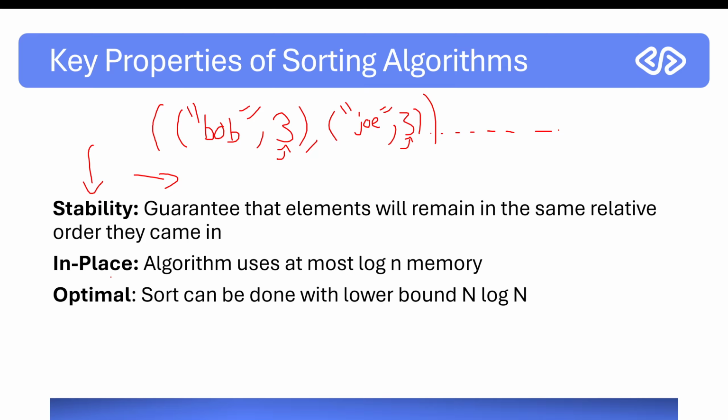And in place is a statement about how much memory it uses. In my course, we defined it with a fairly standard definition: if you use more than log n memory, you're not in place. So for sorting algorithms, you're going to see the algorithm, and if you see auxiliary arrays, so if you see new arrays being created that are not the input array, you might suspect that the algorithm, if they're asking if it's in place, might not be in place. If you're just seeing variables being defined, okay, those are all constant space